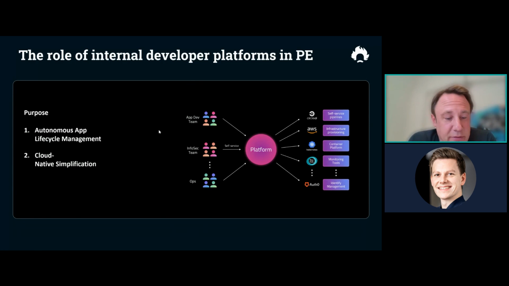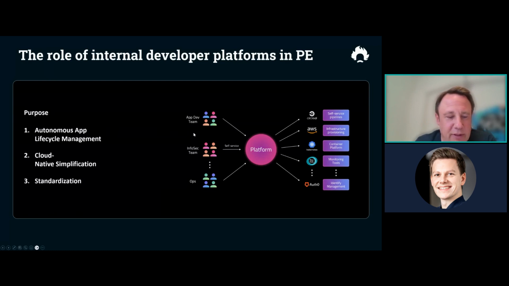Simplified cloud native. Abstract the complexities of cloud native so that developers or a development team can actually leverage it without needing that deep expertise that is typically required to understand the tools and the complexities that are underneath.